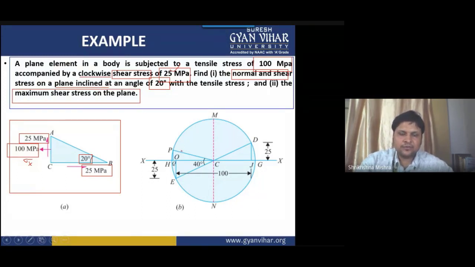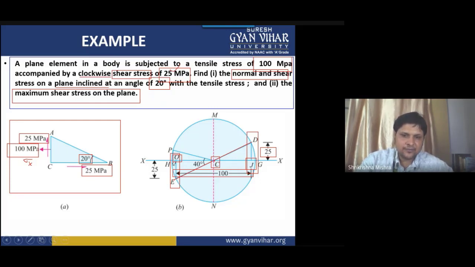So in the same process which we have followed, we will first of all mark a point O. We will take the value O equal to sigma x. We will mark the point J. Then what we will do, since here stress value is 25 and that also in clockwise, so we will take it as positive. We will draw a line DJ equal to the shear stress. Then opposite to it, from this point O, we will take OE in the downward direction and equal to DJ. Then we will draw a line from this D to E. All right, and wherever it intersects this center XX line, this will be the center of the circle.